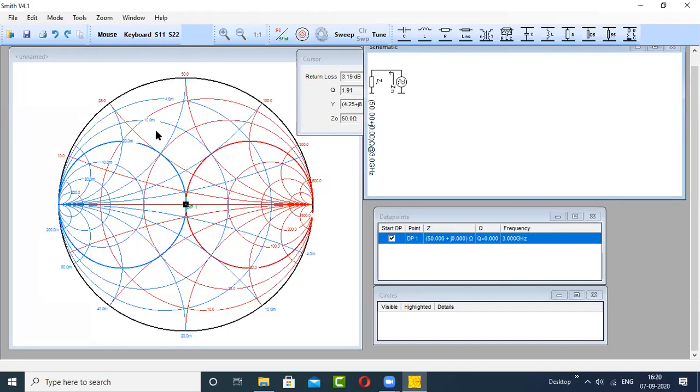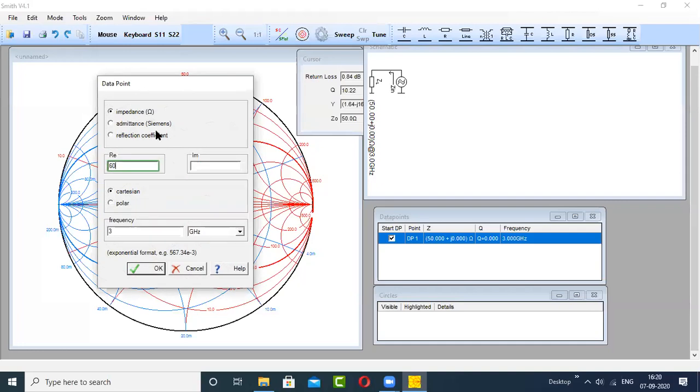Now the impedance is 1.2, that is 60, and 5.8, that is minus 290. It was minus, I hope so. Right sir. So 290 divided by 50, it becomes 5.8. Right.